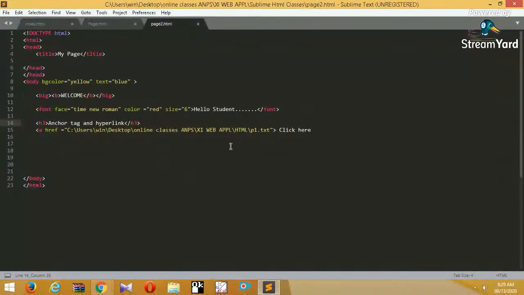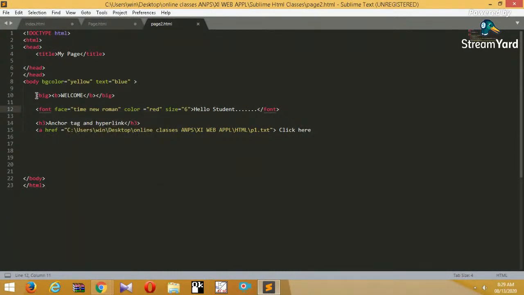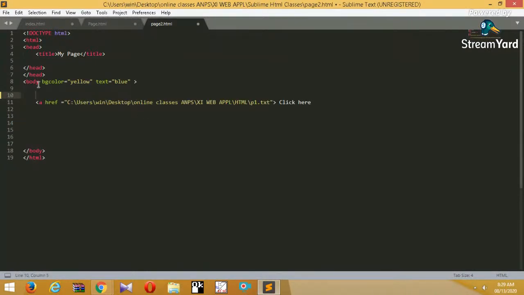So here is the thing. First of all, let me remove this unwanted part, which is not important for us now. So let it be this part, body. Within body I am keeping bgcolor yellow, text equal to blue. So this will be the body background color. And after that, here I am using one link